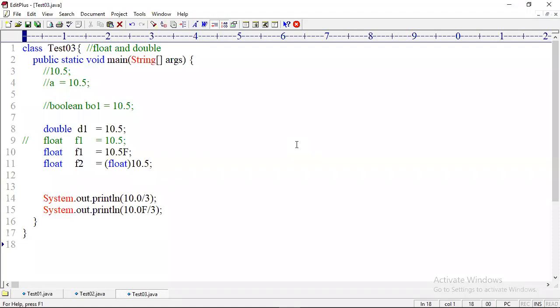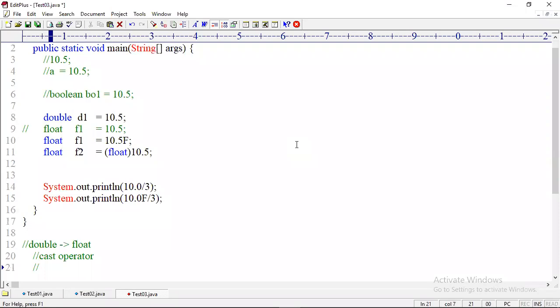Tell me, how can we convert double to float? To convert double to float, you cannot use the assignment operator. You can use only two ways. Number one, using the cast operator. Number two, by using a suffix character.